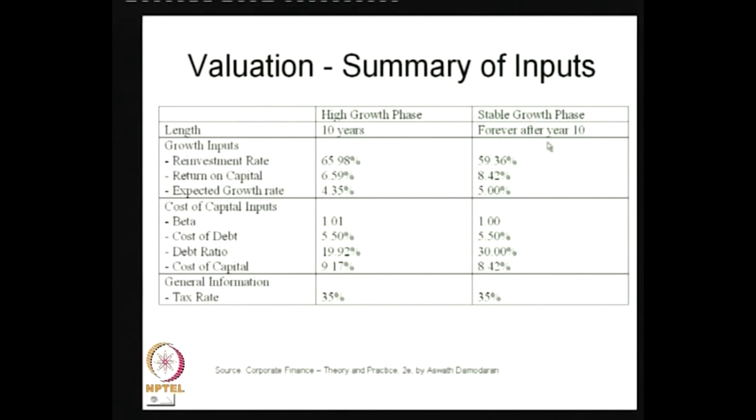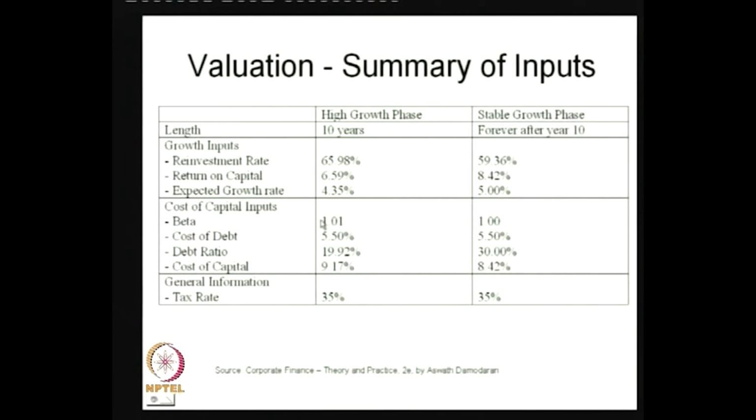Then you have a stable growth phase. So, this is a two stage model, one is a high growth phase, then you have a stable growth phase. In fact, it can also be a three stage model where the high growth phase can possibly be divided into two parts, a super normal, super high growth and the high growth, then you have a stable growth. So, in any case, in the stable growth phase you have 59.36% as the reinvestment rate and 8.42% return on capital, multiplying these two things gives us 5.0%,